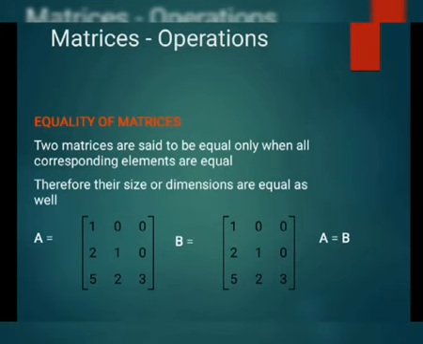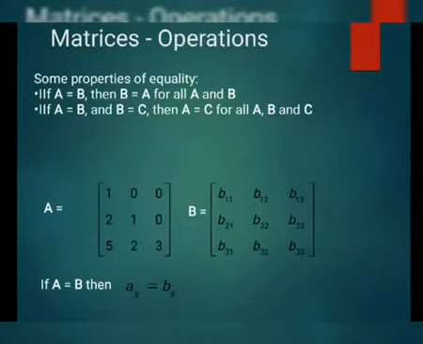Now we have certain properties of equality. If any two matrices A and B are equal, then B is also equal to A. This is called a universal law or property. It means if A is equal to B, then we can also say that B is equal to A. The second property is if A is equal to B and B is equal to C, then A and C are equal. So it's again a universal law. It means if the first matrix and second matrix are equal, and the second and third are equal, then we can say that the first matrix is equal to the third matrix.